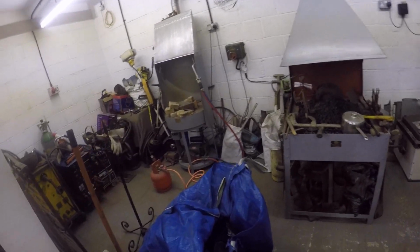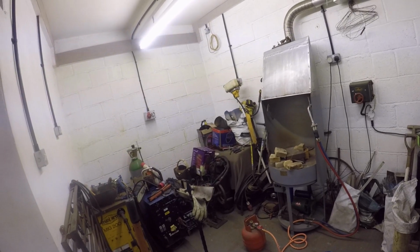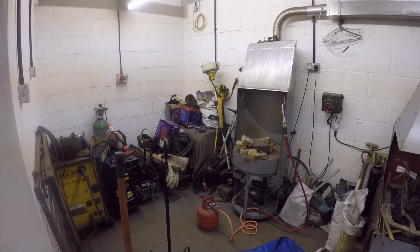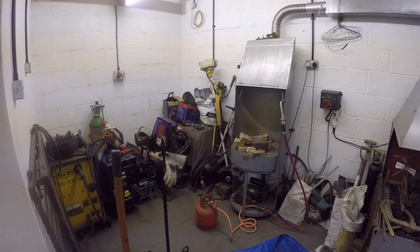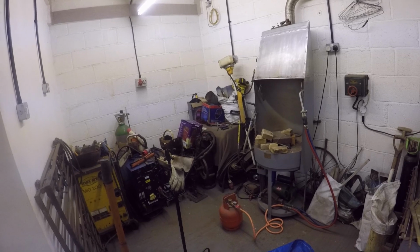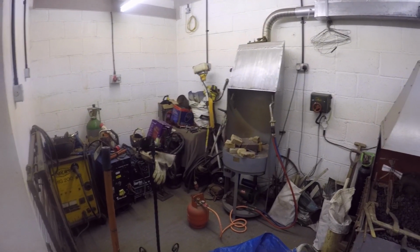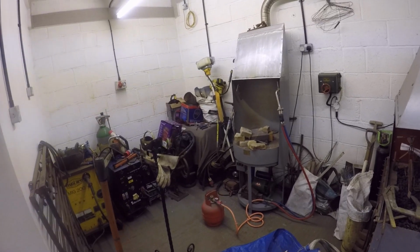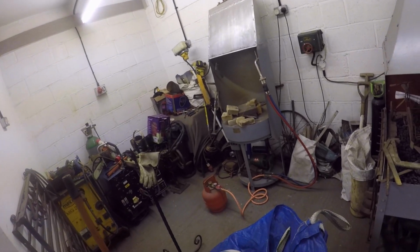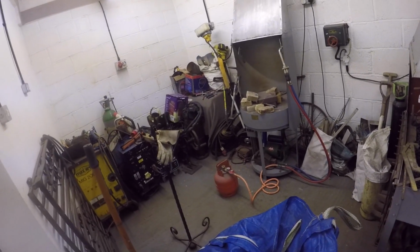I've had a tidy up in the end place here, but I'm thinking that what I might do in that corner behind all those strimmers, under that sheet blanket, is a pressure wash, a very nice Kent pressure washer, 3-phase, which I have yet to use, which I rebuilt a few years ago. It's, I believe, in one of my previous videos. I'm thinking about getting that out of there, and also getting some other stuff out of there, and putting my